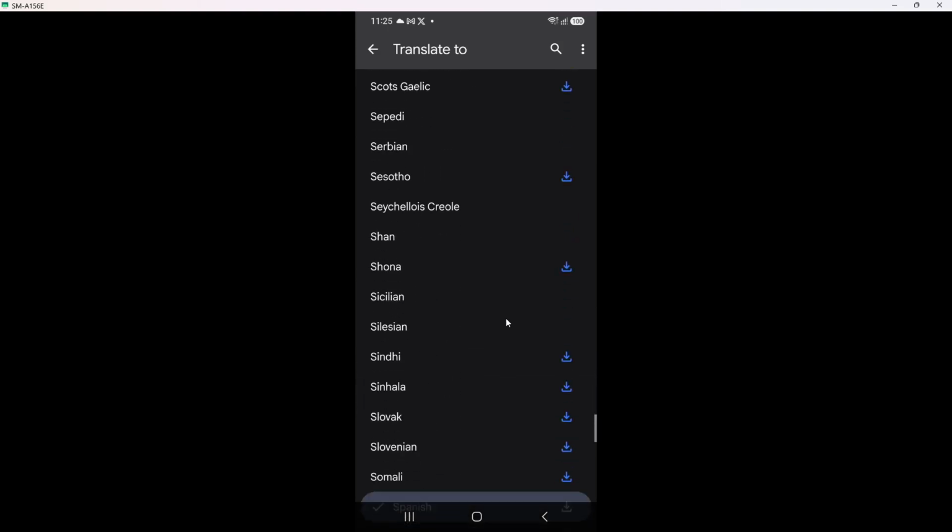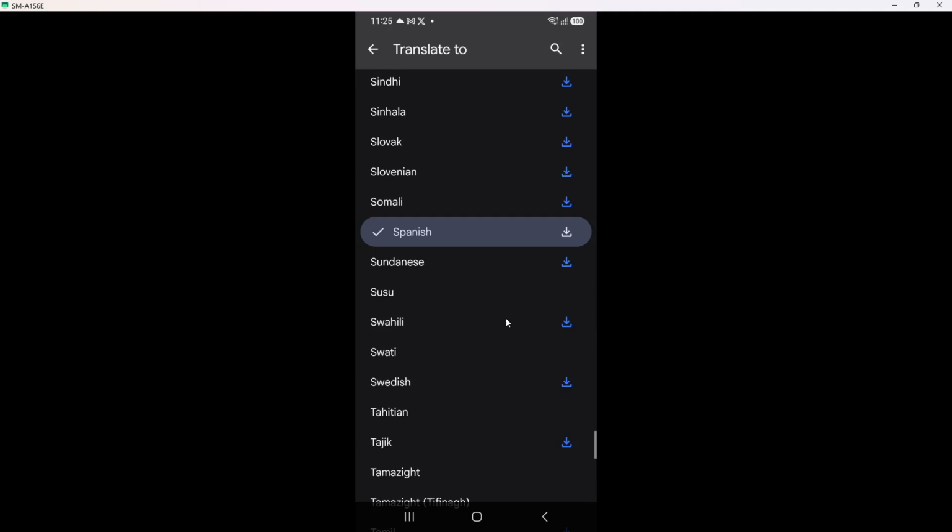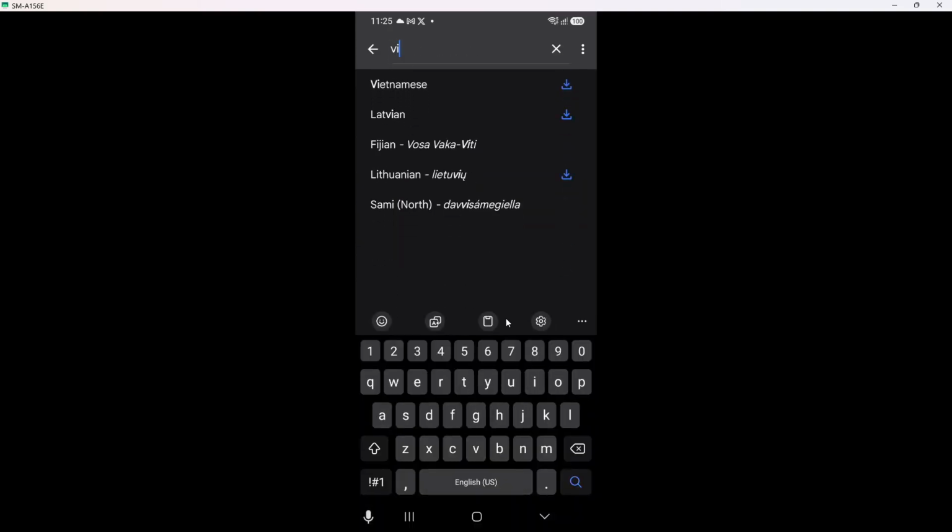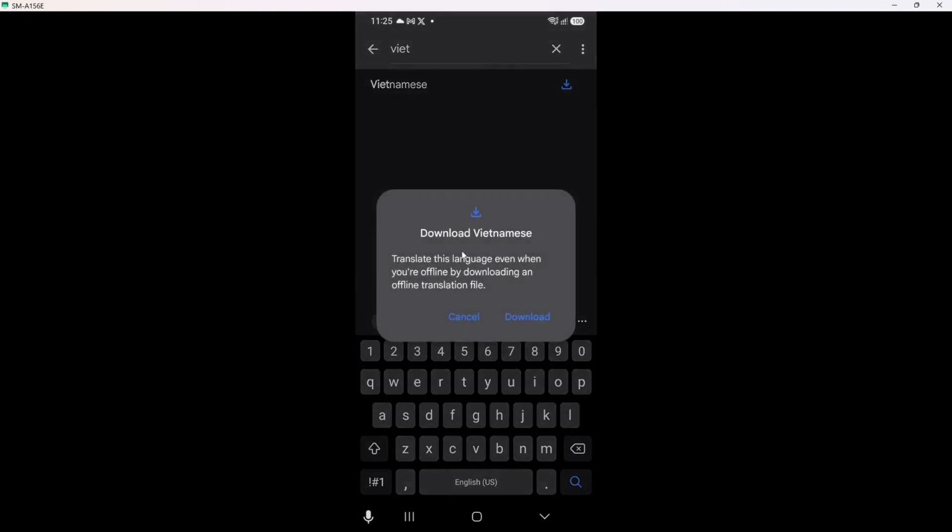Next, tap the download icon next to Vietnamese. The icon looks like a small arrow pointing downward. It appears on the right side of the line for Vietnamese. When you tap this icon, the app prepares to download the offline language pack, which is a file stored on your phone. You might see the arrow briefly change or a small progress hint appear next to the language. After that, tap download to confirm.